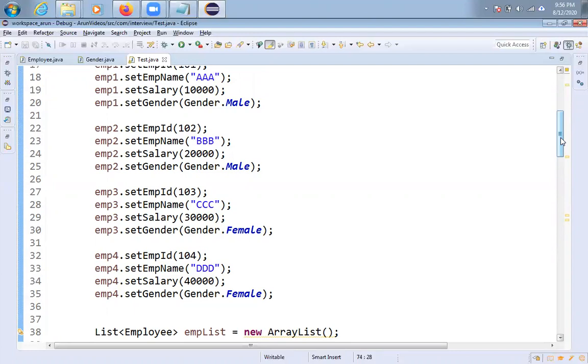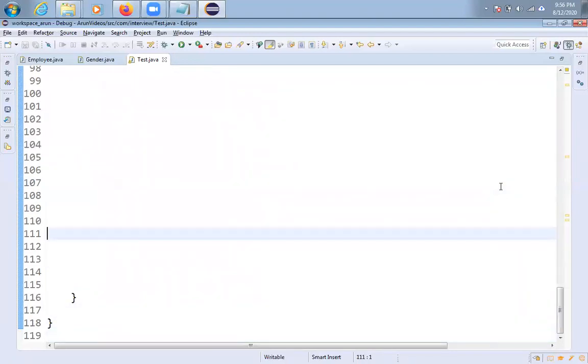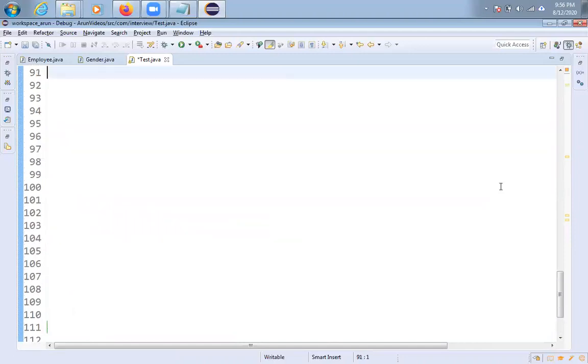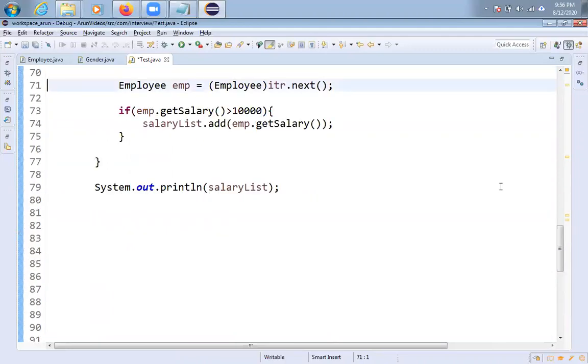That means the key male is one group, and female is a list of employees. So like that, I will create one map, friends. In this one, gender is the key and a list of employees is the value. I'll return one map by using the Stream API. So in the next video, I'll do that one.